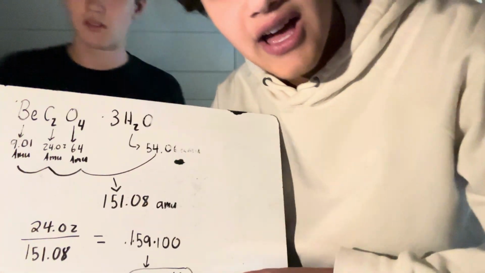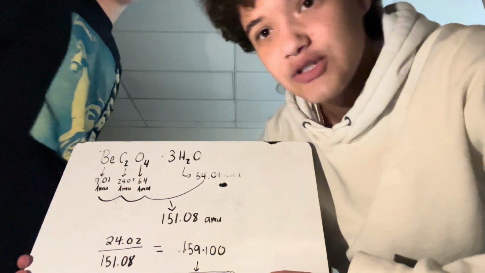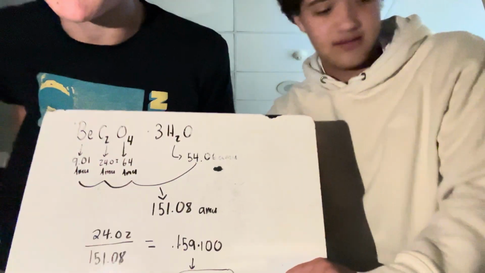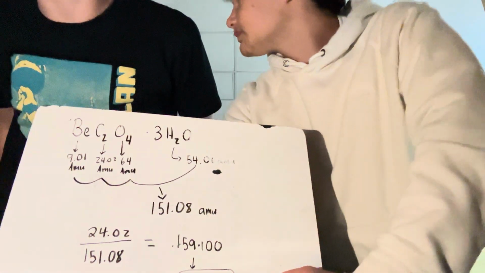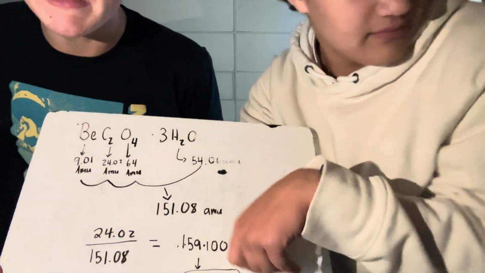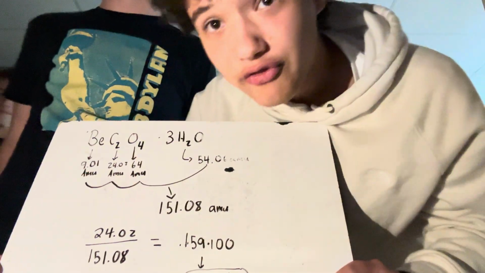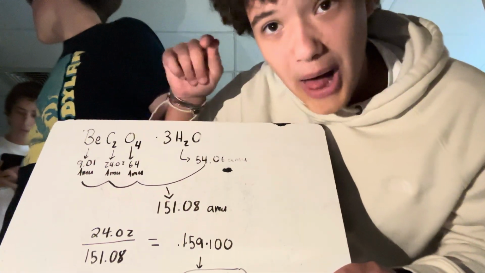Okay, hello class. So today we're doing some stoichiometry. The first question we're answering is to calculate the mass percent of carbon in the hydrated form of the solid that has the formula BeC2O4 times 3H2O. Okay, so the first thing you're gonna do is find the total AMU of the